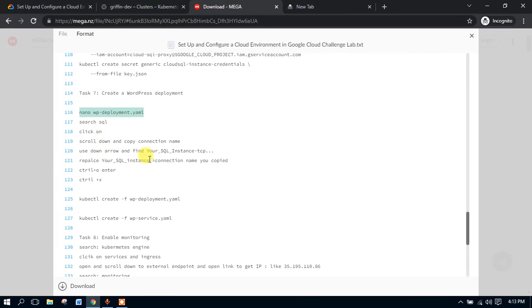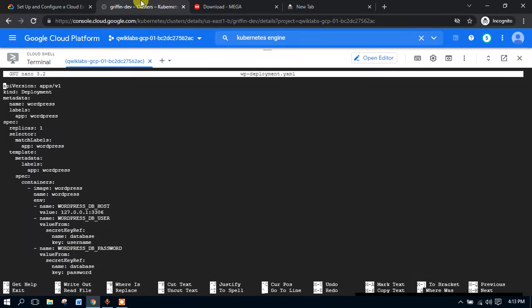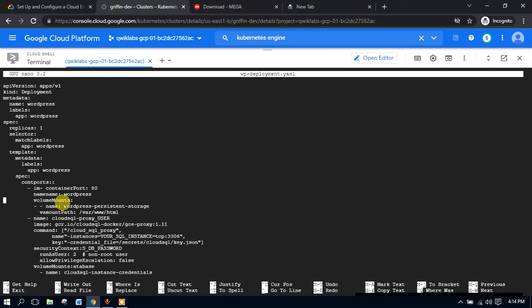Okay, scroll and find your SQL instance. Okay, I know what to do. Use your down arrow once more. Yeah, we are here. We have to search this task, your SQL instance. Okay, on both sides there are equal signs, so we have to